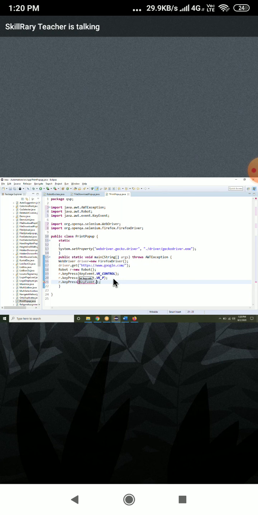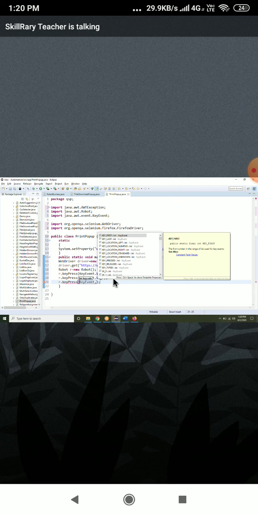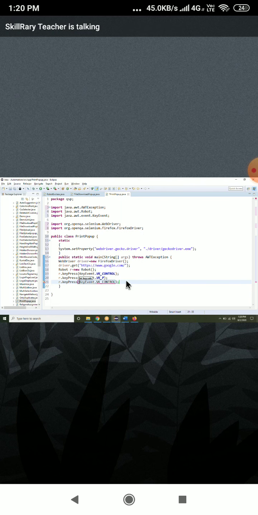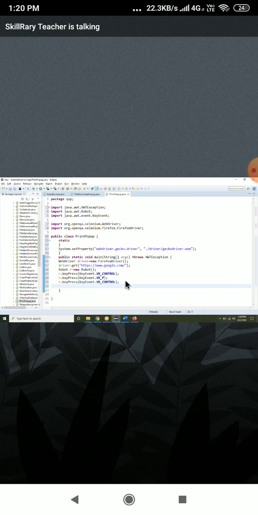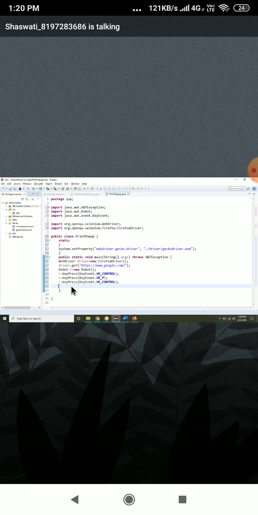Even if you don't release normal alphabets, it's fine. VK underscore CONTROL. You should write keyRelease instead of keyPress.